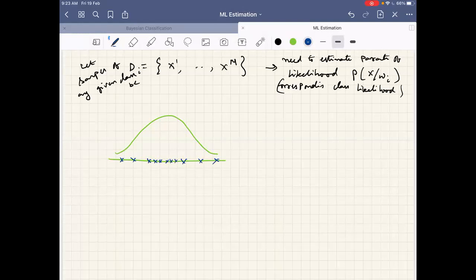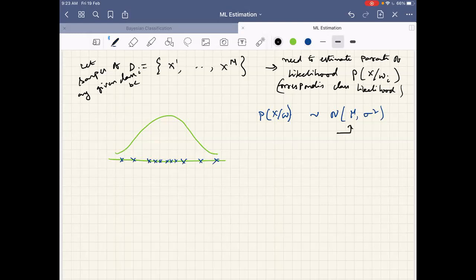Given these samples, we also want to fit P of x given omega, whatever omega I, to a normal distribution, mu comma sigma square. I am dropping these things. Omega also I will write here; omega means omega 1 class. Please remember, we want to find mu and sigma square. We want to fit a normal distribution. Now let us start with a step-by-step procedure.